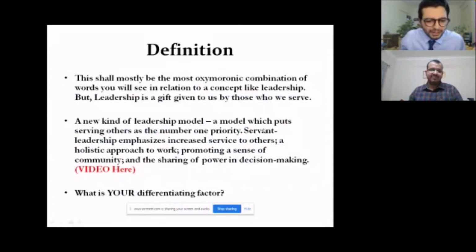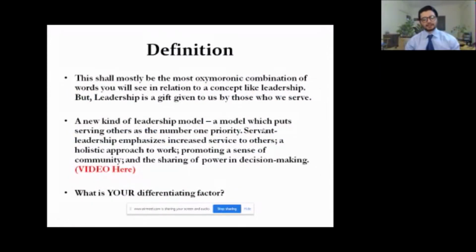So what is your differentiating factor that makes sure that servant leadership is worthy enough to practice? Now, I'd just like to give you an example. As Mr. Blanchard said very clearly, the first thing about good leadership is,